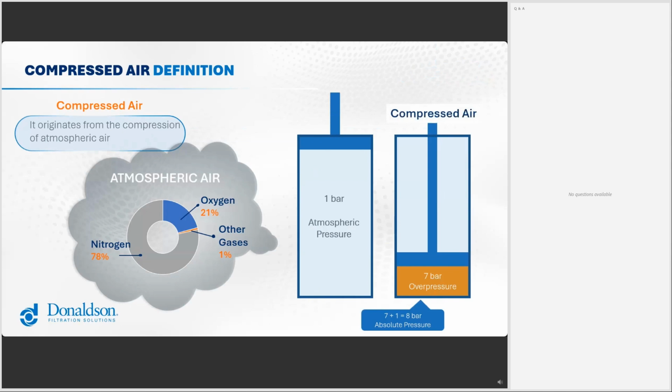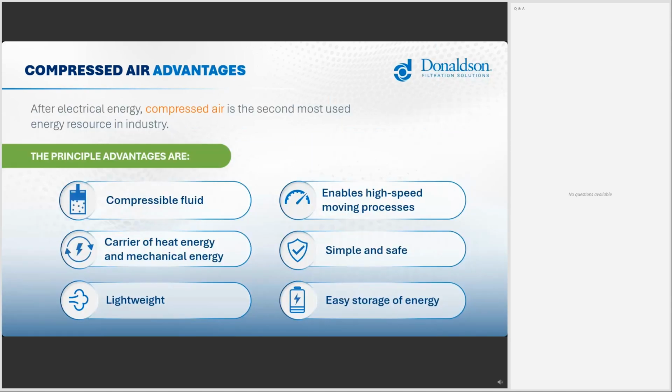This small volume contains a lot of energy which you can use for different purposes, for instance, in industry. That's also the reason why, after electrical energy, compressed air is the second most used energy source in the industry, because it has a lot of